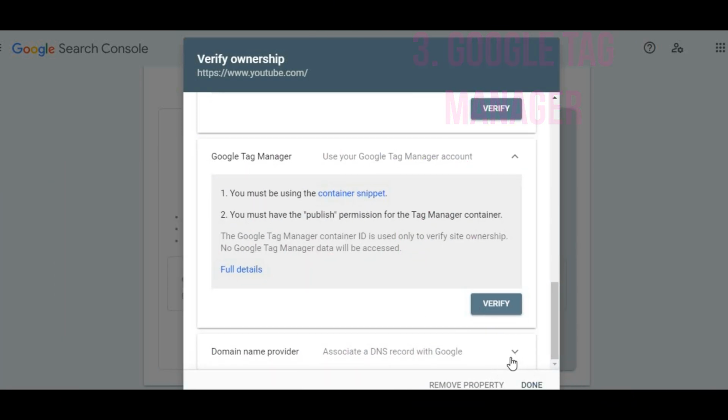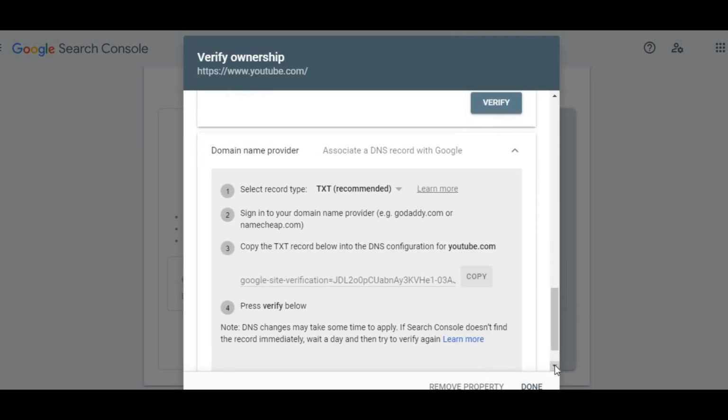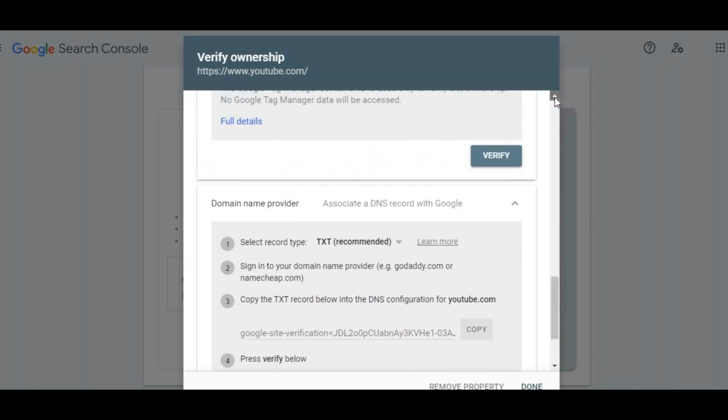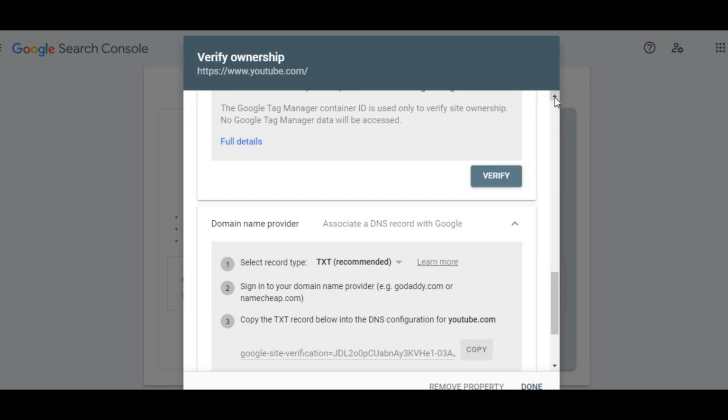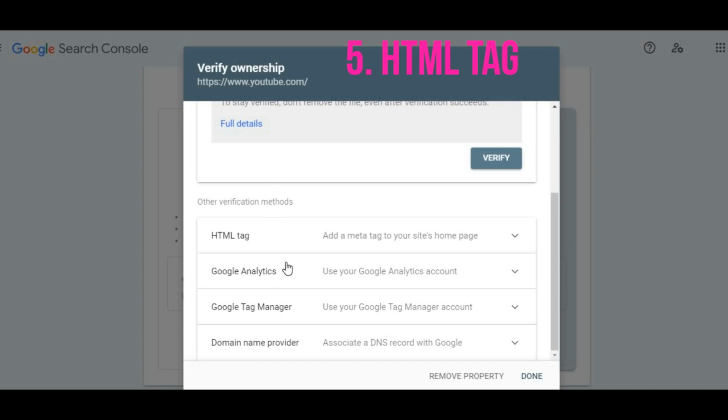1. Expand the Google Tag Manager option. 2. Click the Verify button, and Google Tag Manager will automatically connect your WordPress website to Google Search Console. Domain Name Provider method. This method is suitable for those who prefer not to install a new plugin. The 5th way is to use the HTML tag. It is the easiest. Click on the HTML tag option, you'll see a meta tag that you need to add